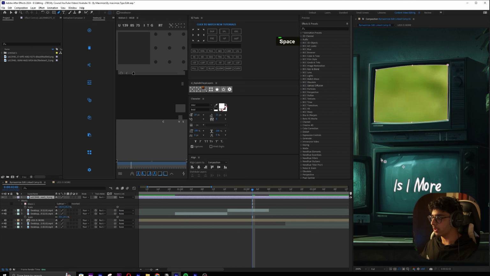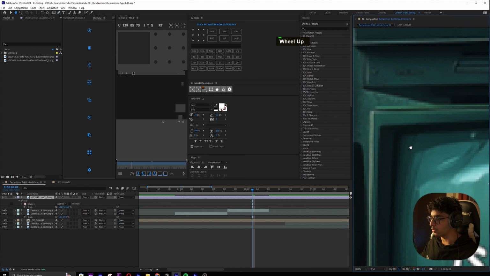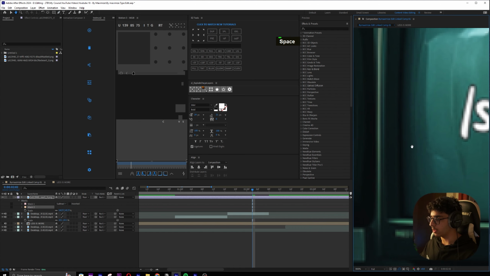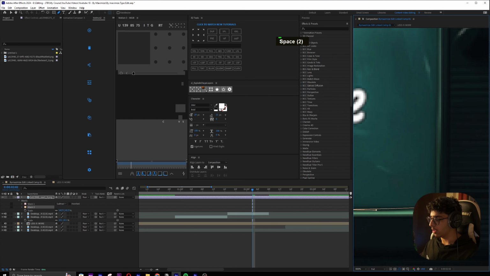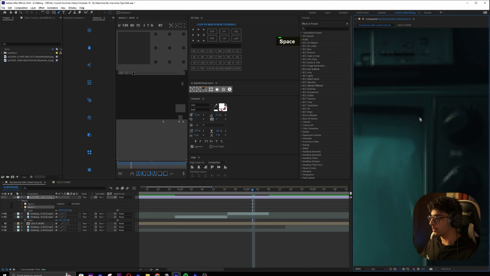Now I will create another mask. So let me just zoom in and do it properly, exactly on the borders. Boom. This is pretty straight, that's good. I feel like this will turn out extremely well.